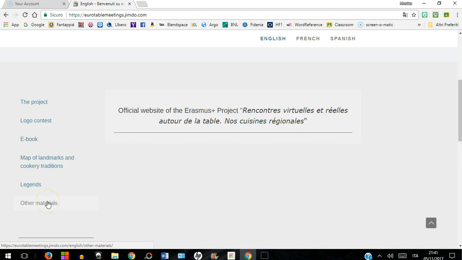And I've also put this entry about other materials, different things that could be done during the activities of the project, but of course this menu can be enriched with other entries,